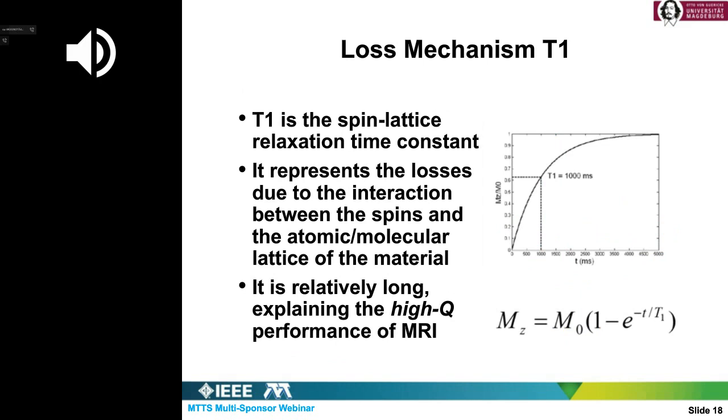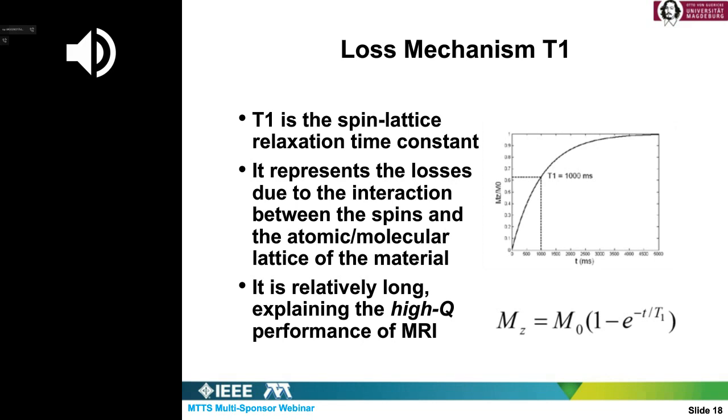If you look at this view graph here, the horizontal axis is the time. Imagine now, and the vertical axis is the magnetic dipole moment in the Z direction. Imagine that you brought it to zero by flipping all spins to the horizontal or transverse plane. Okay, now you stop exposure and they will return to the equilibrium, which is the maximum Mz along the applied magnetic field, by a time constant which is called in the magnetic resonance community T1.